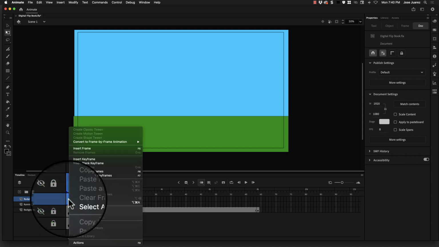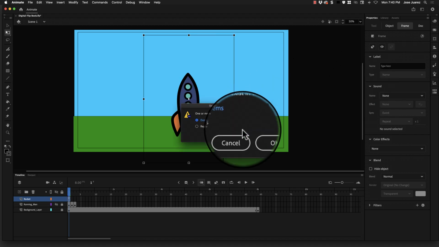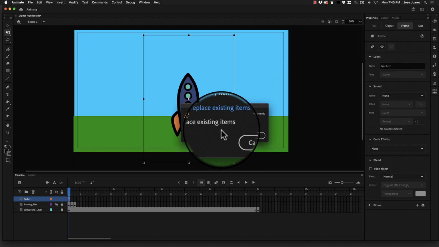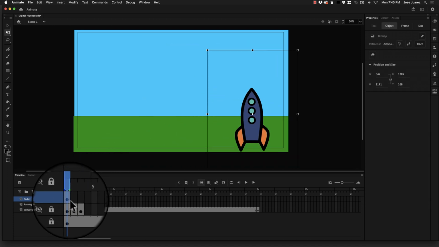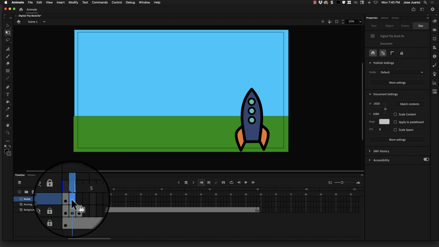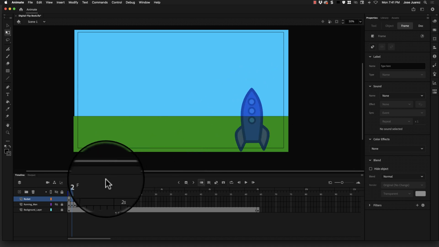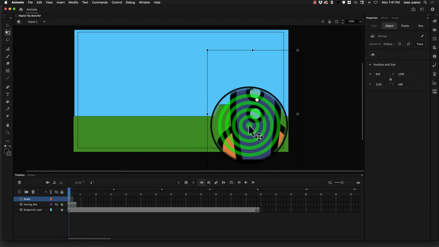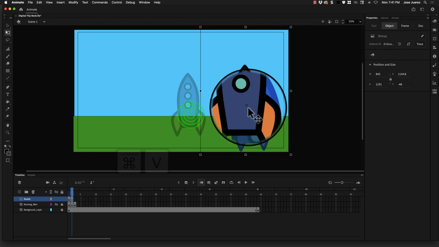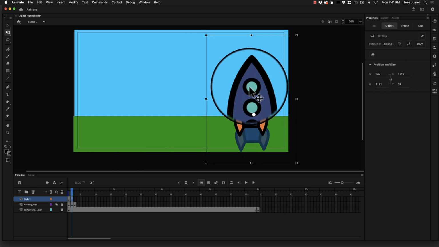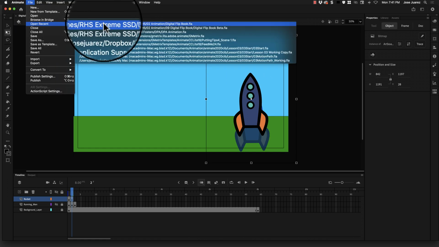The first frame, insert keyframe, boom. And that's where I'm going to drop in my little rocket. Replace existing items. Boom. So now there's my little rocket. Now the same procedure. Go to the next card, the next frame, and insert blank keyframe, a blank card. And there, look, my onion skin already made it. Go back to the original one, hit Command C, go to the next one, Command V, and then it's launching, so I'll be placing it up. And you can put fire, and you can kind of make it launch and do everything you want it to launch. I'll show you what it looks like